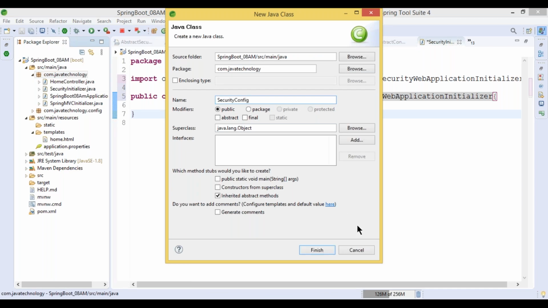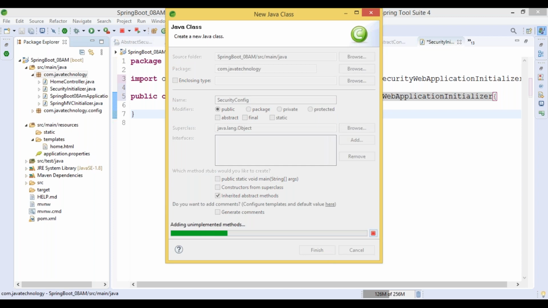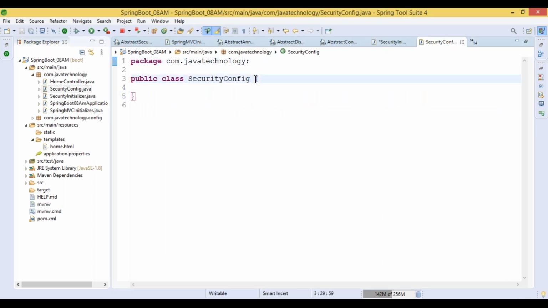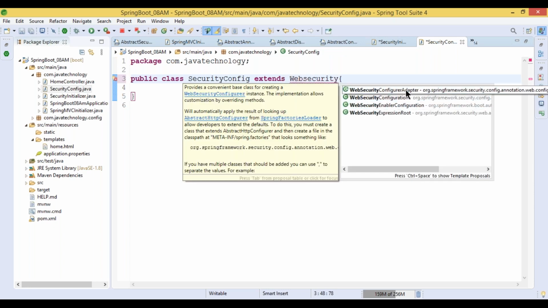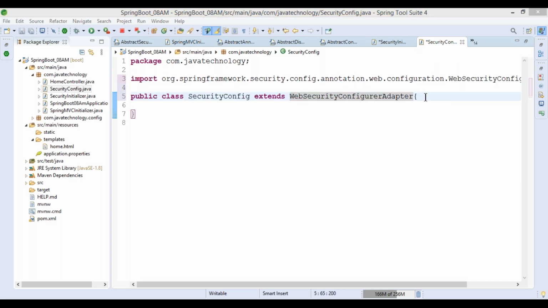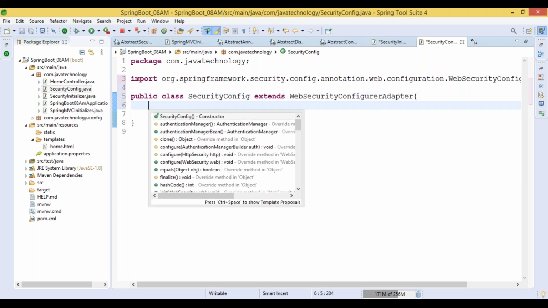Security config, and this security config is going to extend from the adapter class we have, web security configurer adapter. Just press control space.